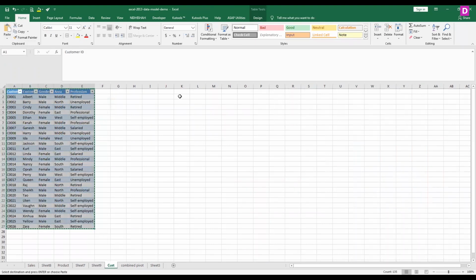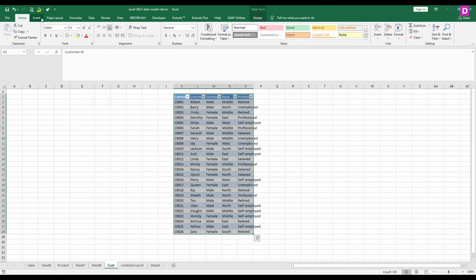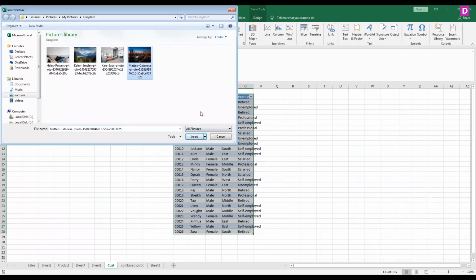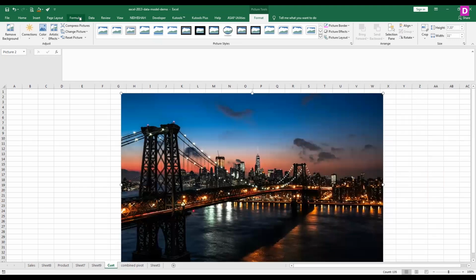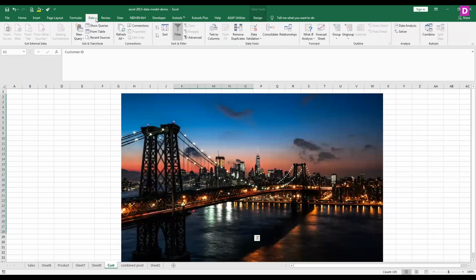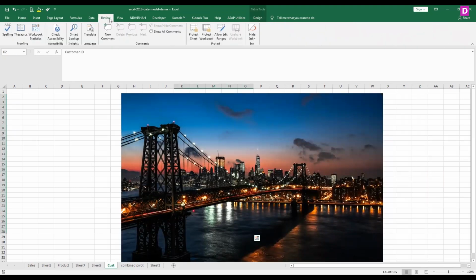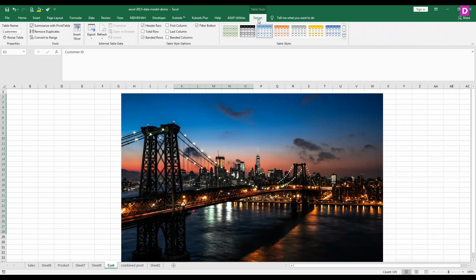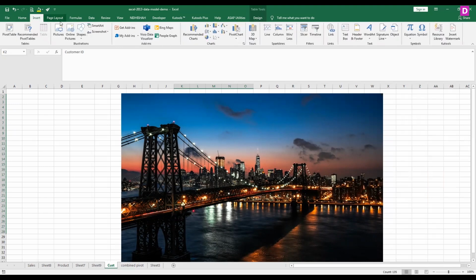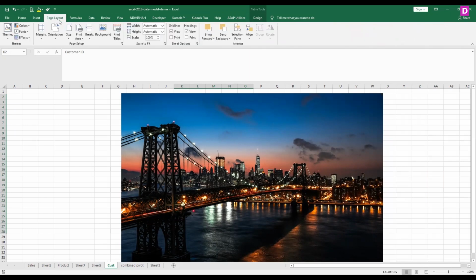If this data is in this place, for example, and I insert pictures here, and you want to go for the particular data part with this functionality, we can add the pictures here and assign the pictures value. So we can assign these pictures and value for that. If you want to add the background,